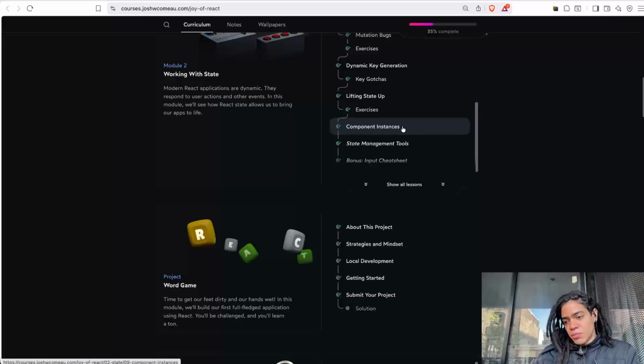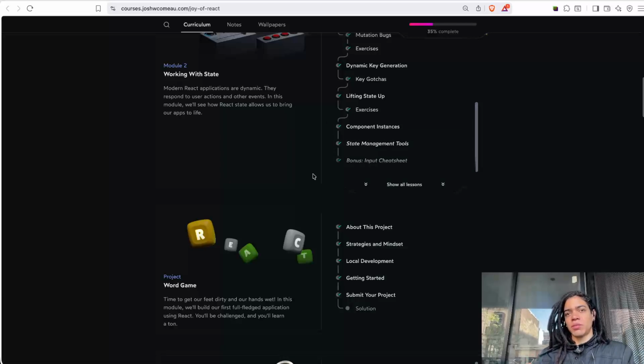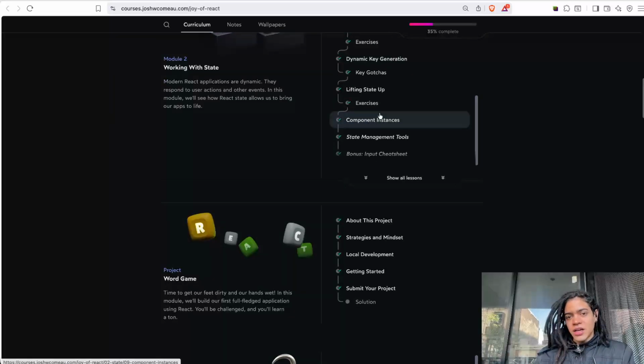In other words, these components live in memory. And this notion of component instance is just to develop an intuition between the rendering and the component instance, which is something that we're going to see a lot as we explore useEffect and how that works. So that's great, because as we explore more and more complex applications,